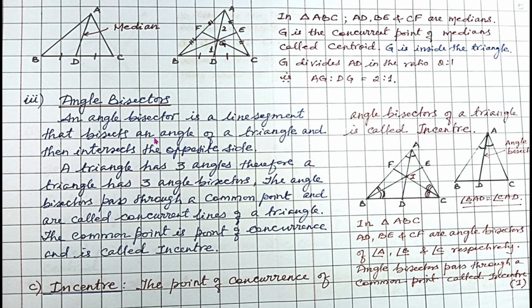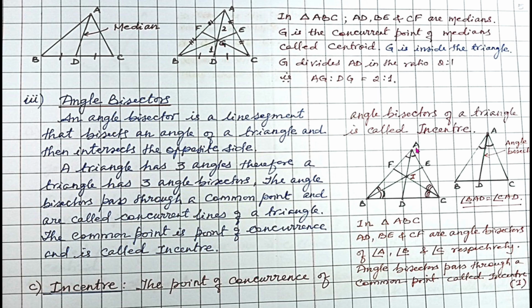An angle bisector is a line segment that bisects an angle of a triangle and then intersects the opposite side. Now let us take the triangle. For example, in triangle ABC here, AD is the angle bisector because it bisects the angle A and intersects the opposite side BC. Therefore AD is the angle bisector. Now in a triangle there are three angles, therefore the three angle bisectors can be drawn